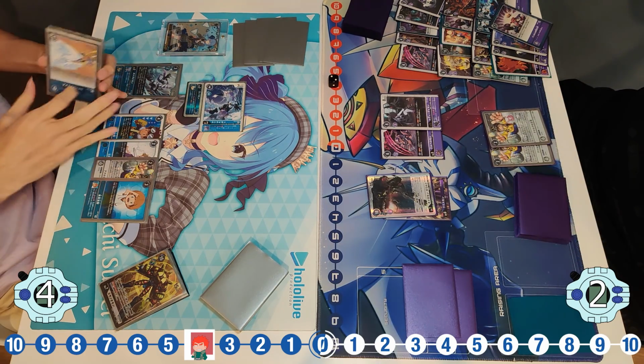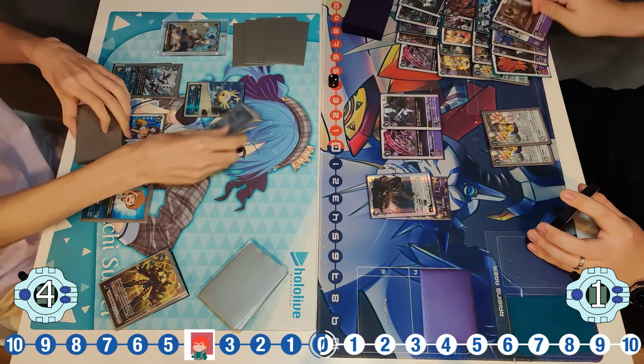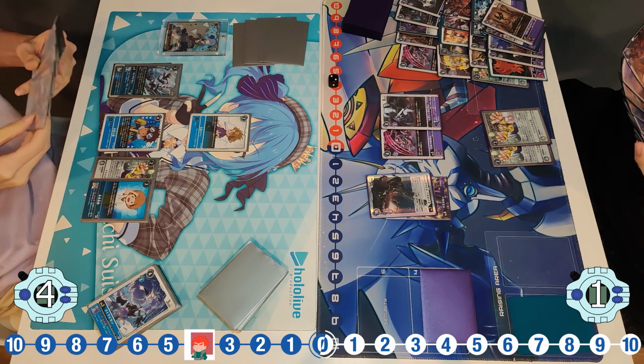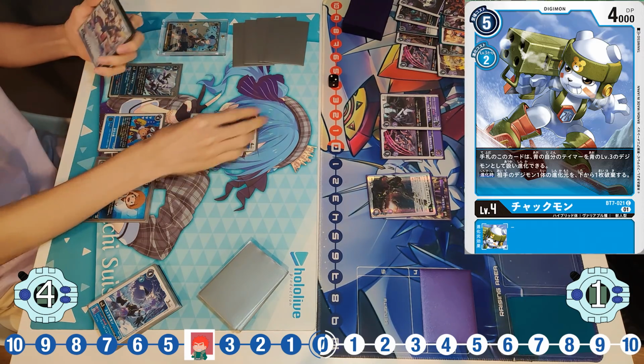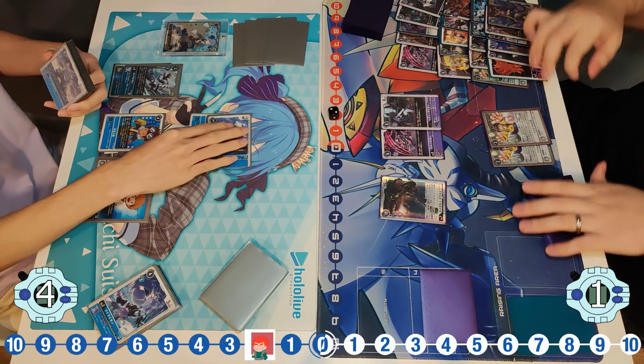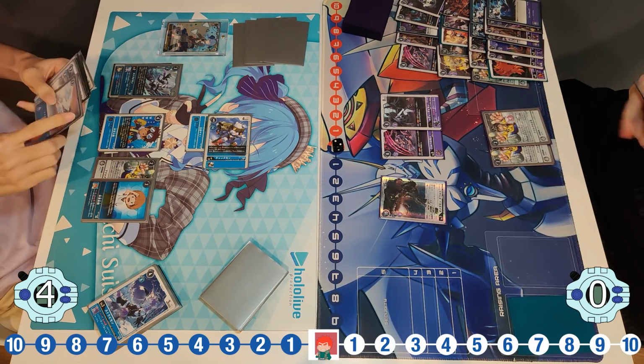Just swing with the Susanoomon there with Upamon drawing 1, pushing us to actually 1 security already. Man, there is much insane pressure from the blue player as he does push out the Mech Ishida, evolving to the Chapmon here to take out the Digisource from the Zod, so the Zod is not able to bounce back the Lilithmon to hand. The Chapmon does actually hit into the Jack Raid here, pushing to 0 memory, but does